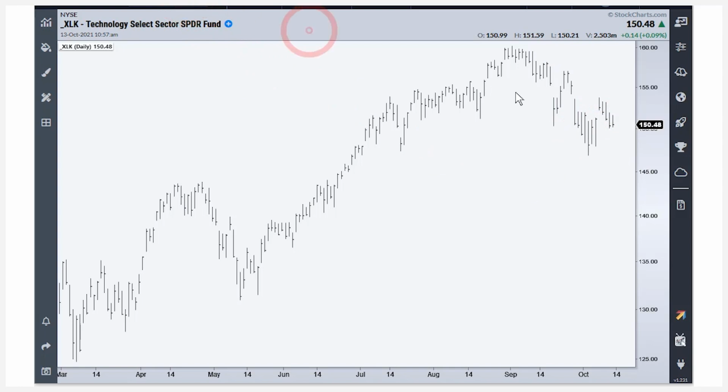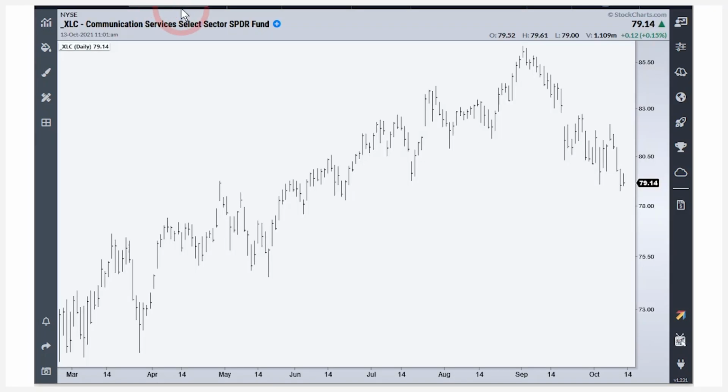If we look at XLC, which is another important part of the broader market, it's under pressure, of course, because of what's going on with Facebook, one of its bigger components. But there you can see this sharp decline, and it's just continuing. You had a pop, it was one of the weaker pops, and you're already below that early October low. So this one remains under pressure, and we need to get a breakout there above that high from last week